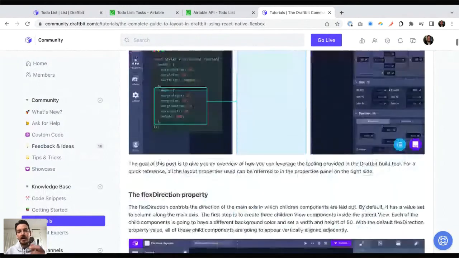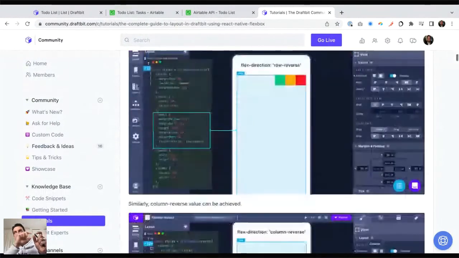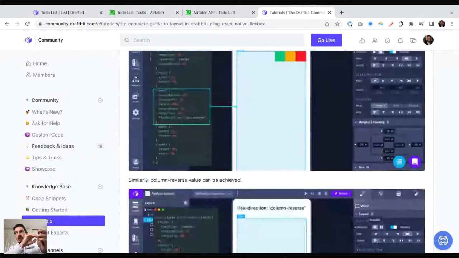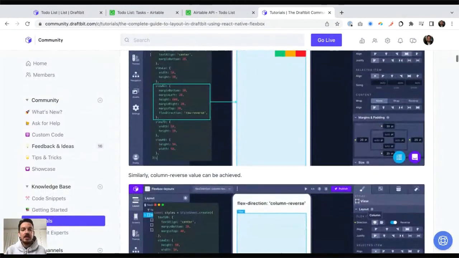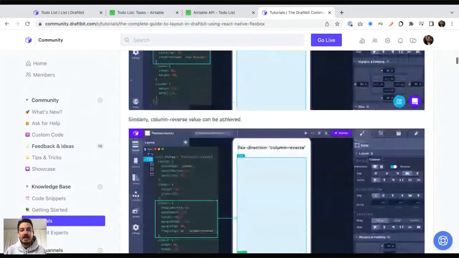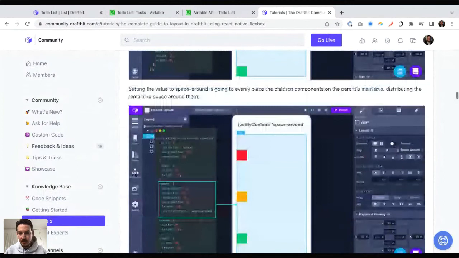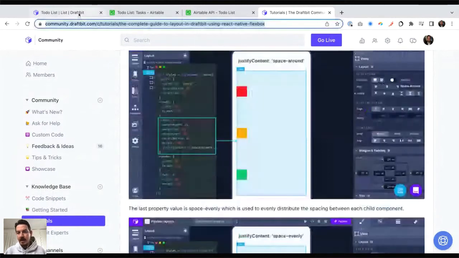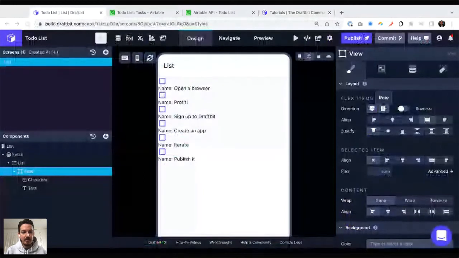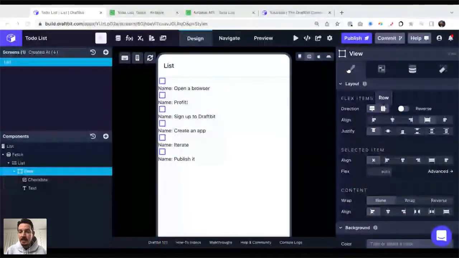It'll teach you how to position things in a column, vertically, horizontally, and how to spread them apart or put them together, all the different combinations you might need. It's a good guide. I'm going to put it in the chat quick. Look at that, Dave is faster than me. He's already put that in the Slack. Thank you very much.